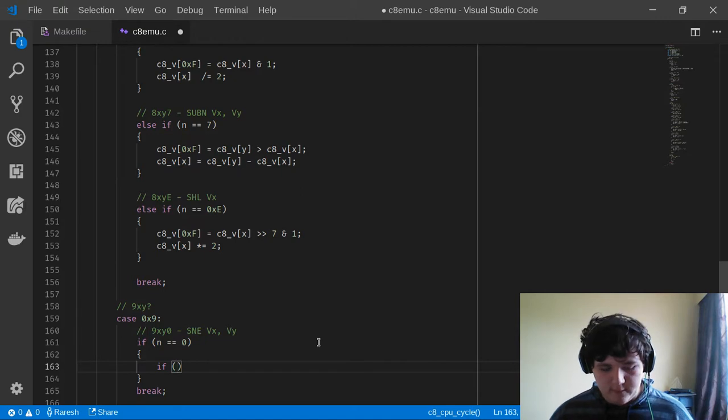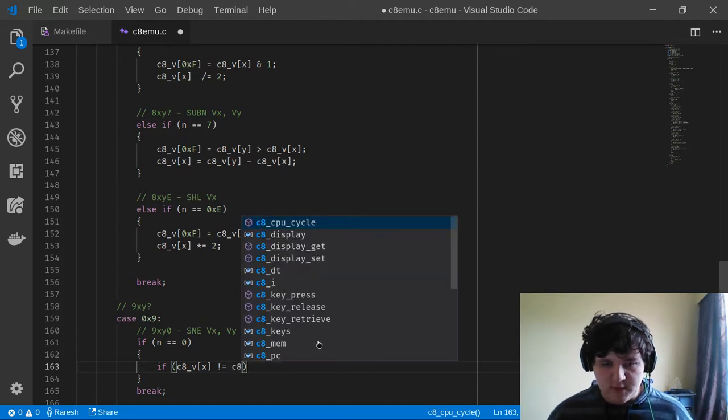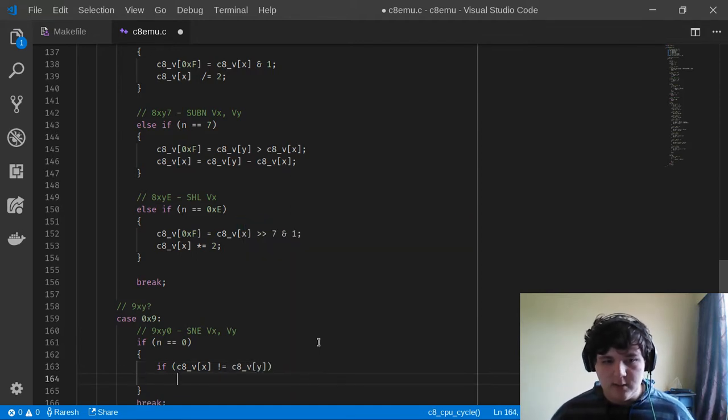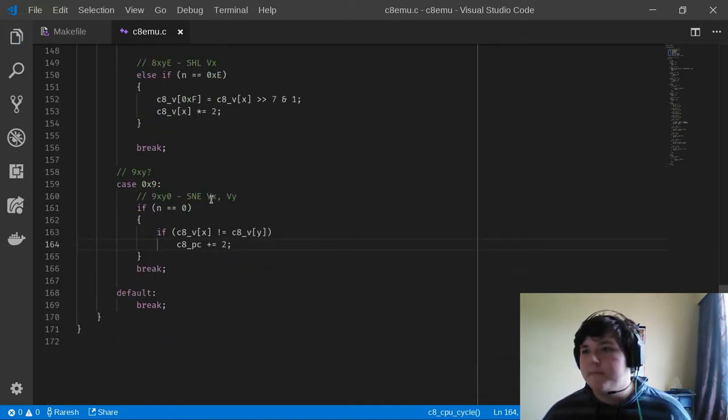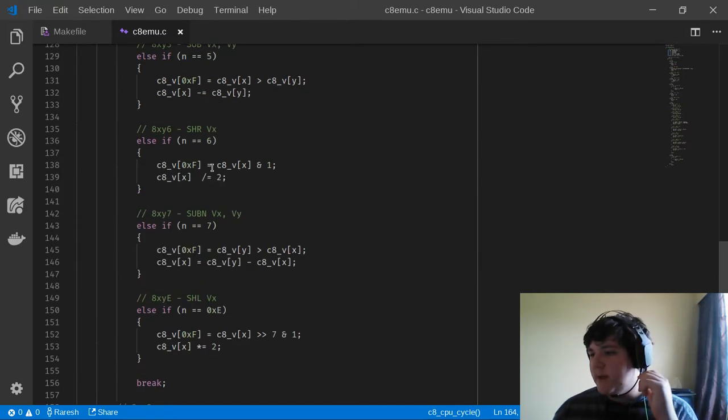So if C8 Vx is not equal to C8 Vy, then we go PC plus equal to. So C8 V is